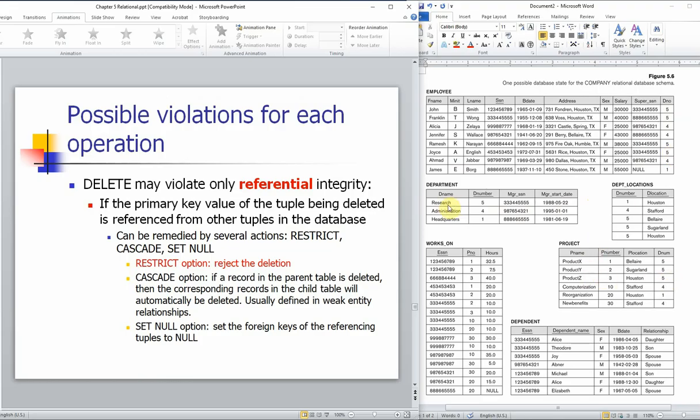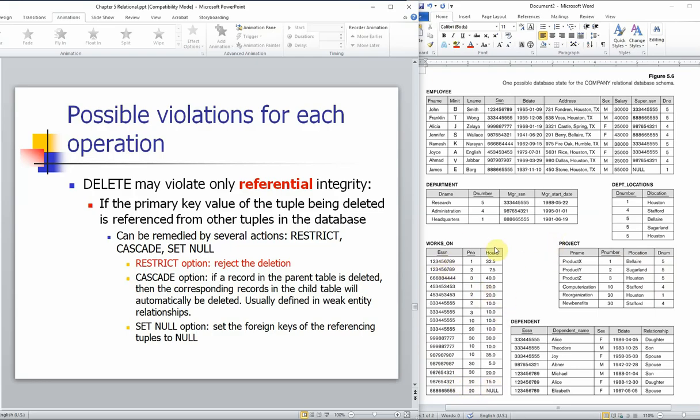Allowing you to delete that just like that will cause a lot of problems, because all of the tuples that already exist will violate referential integrity. Therefore, we need to make sure that no one is referencing it so that we will be able to delete it. In other words, if you really want to delete the research department, you need to assign every single employee to a different department first, cancel out all the research department's locations, remove all the projects belonging to department number 5, and